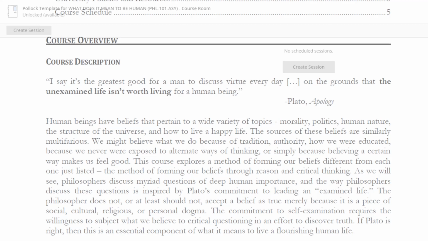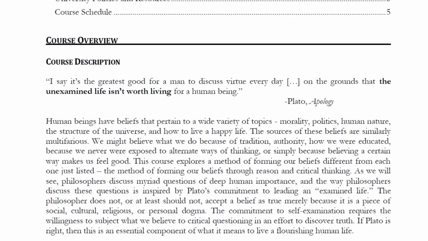The next portion of the syllabus provides a general overview of what philosophy is about and briefly describes what we will be learning about in this class. I will not go into too much detail about this at present, since I hope this will become more clear as we proceed throughout the semester. However, I do want to say a few things about what you should expect to learn this semester and also give you an idea of why I believe that the opportunity this class provides for you to study philosophy is both valuable and worthwhile. And I will take up this task in the next section of this video.